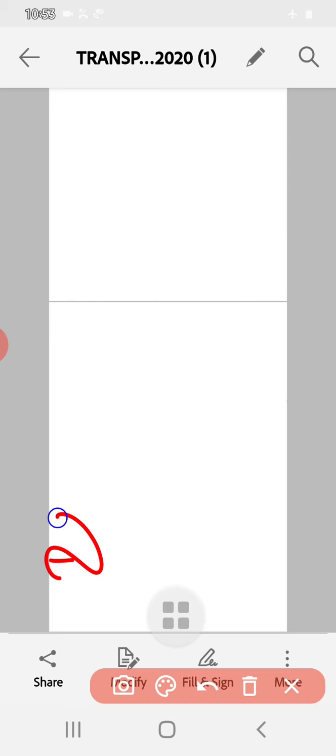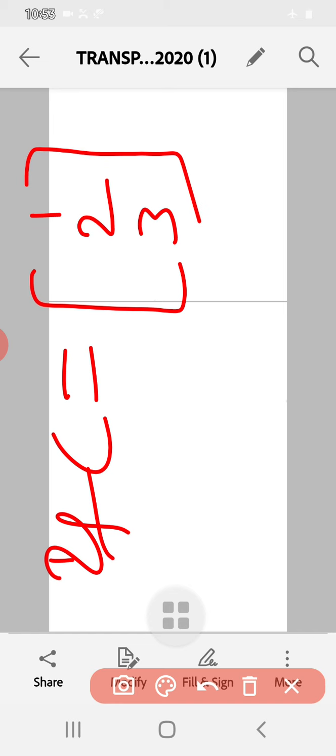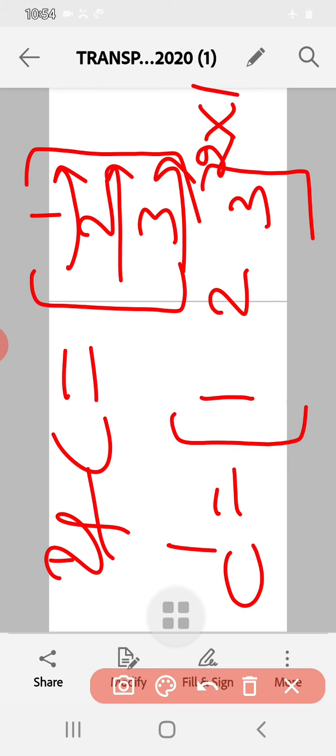If C is equal to the column matrix 1 2 3, I will take the column matrix here. The order is 3 cross 1. It is a column matrix. Then what is the transpose here? C dash contains only one row and 3 columns: 1 2 3. So the transpose of the matrix C has order 1 cross 3. This is the meaning of transpose of a matrix.